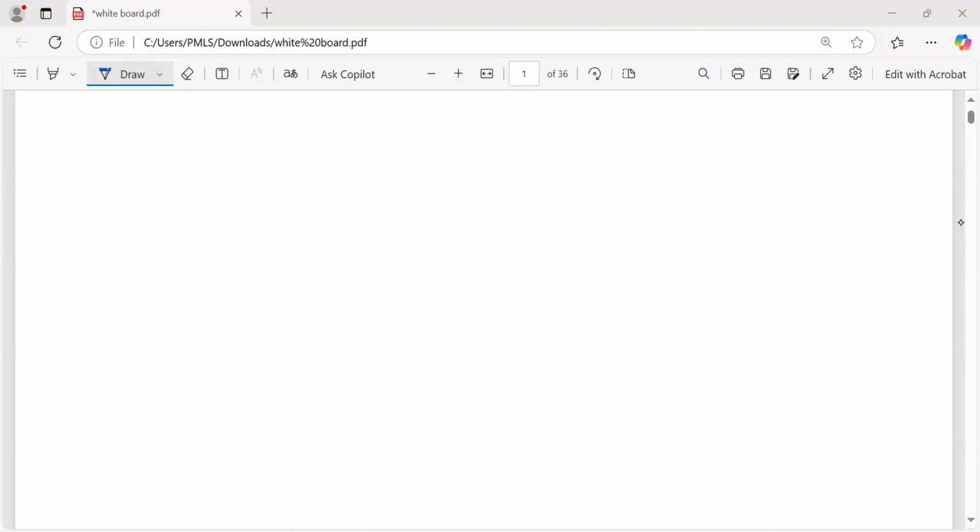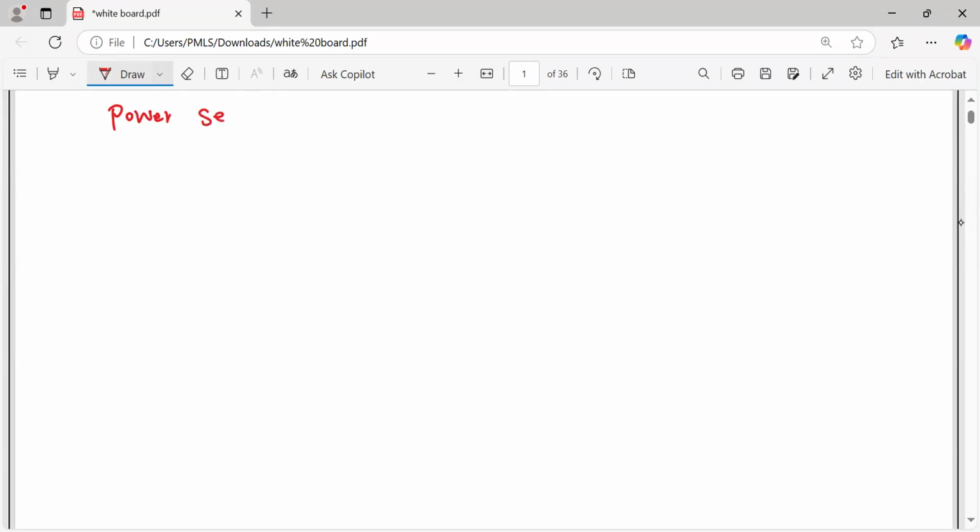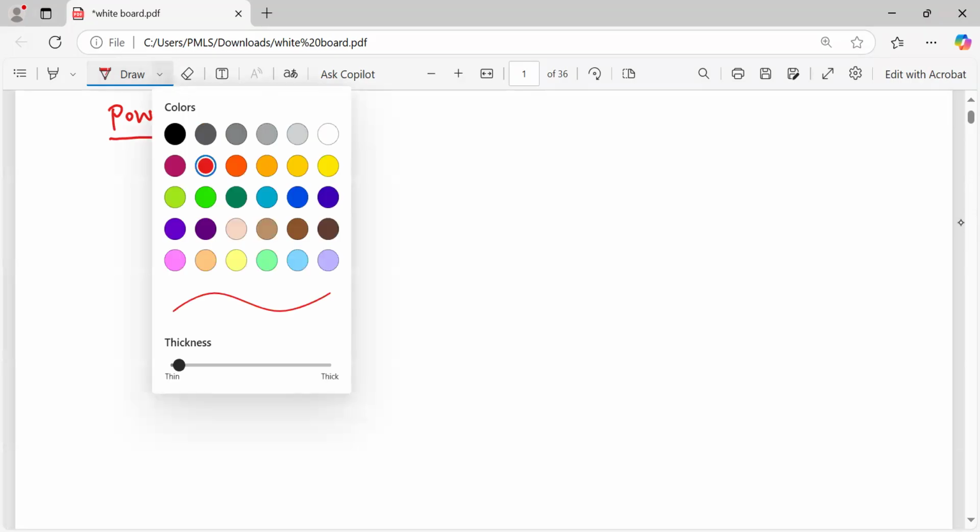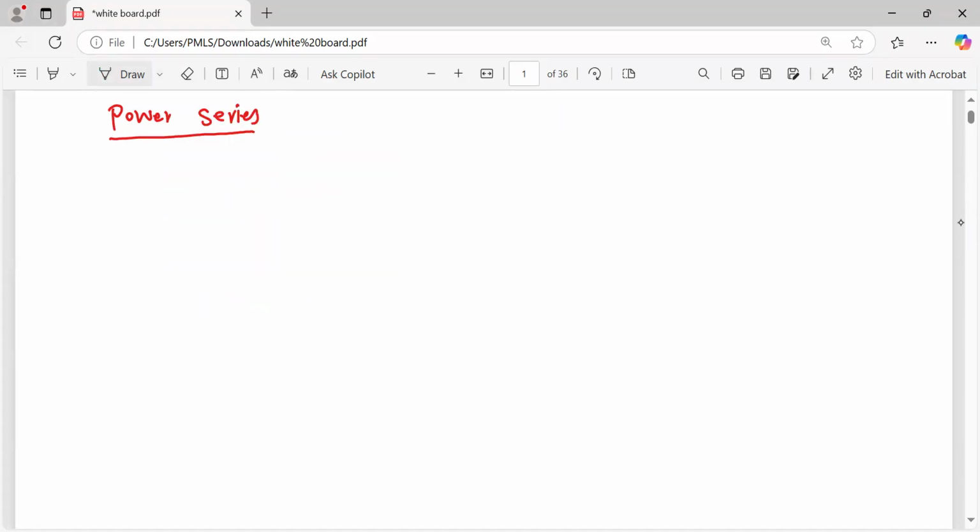Today we are going to talk about power series. So first of all, we start with the definition. What is a power series? A power series is an infinite series of the form, summation starting from 0 to infinity